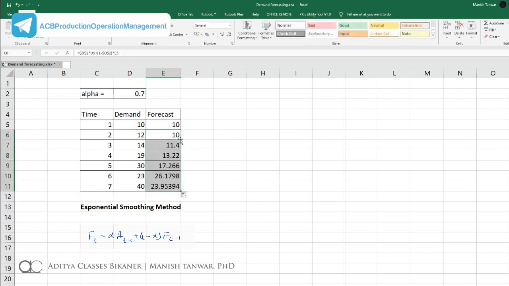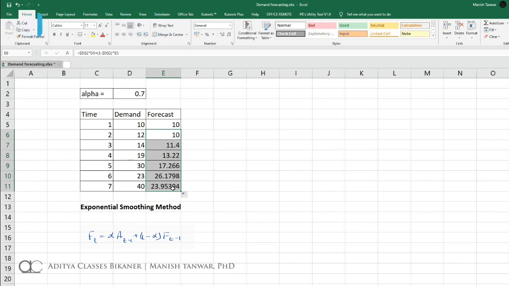Now if I copy this forecast to everywhere, this is the forecast for each period. Third period forecast is 11.4, 13.22 and so on. Now, first let us try exponential smoothing including trends, and then we'll talk about how changing alpha affects the exponential smoothing method, and how changing alpha affects the exponential smoothing including trend method.